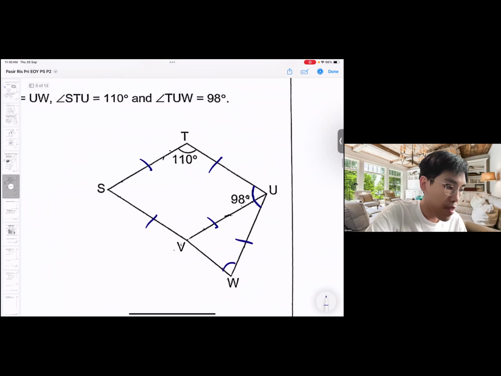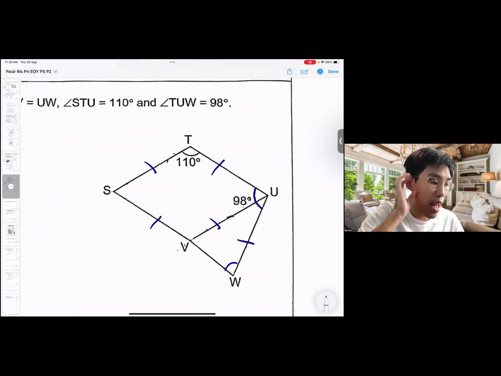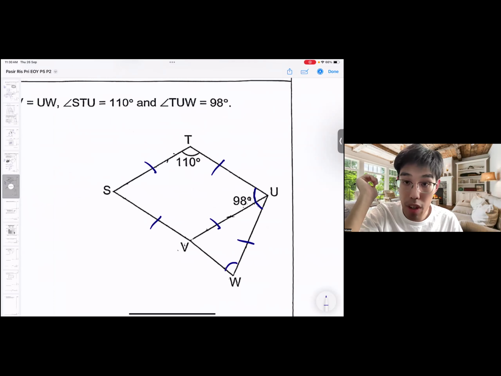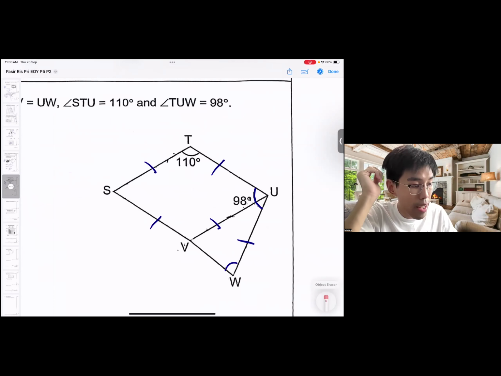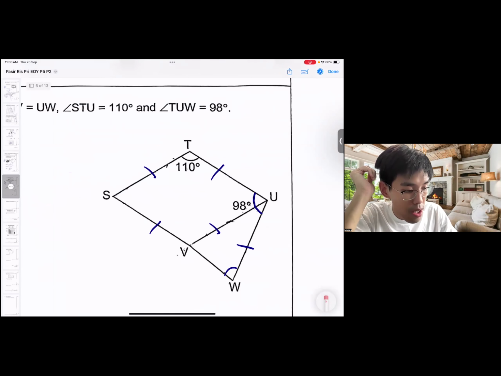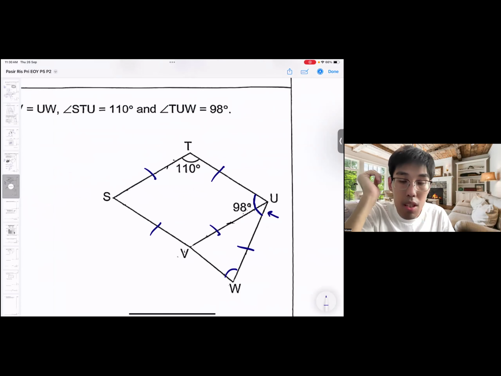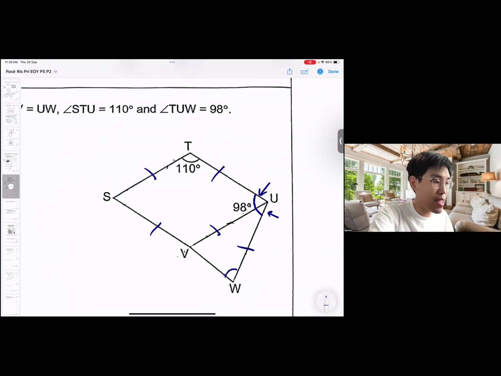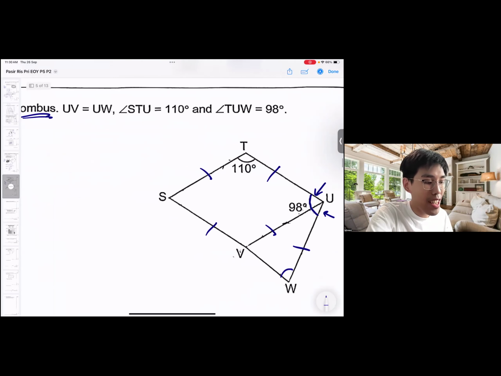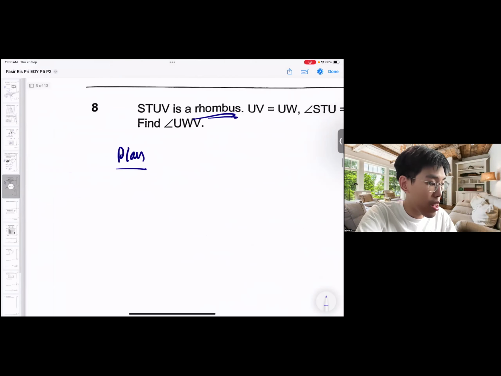Okay, so you see from here, we know that UWV is a base angle of an isosceles triangle. That means we need to find VUW first. But in order to find this, we need to find this. And this one, can we find? This one can find. Can find means the plan has come out already. Okay, so first of all we need to find